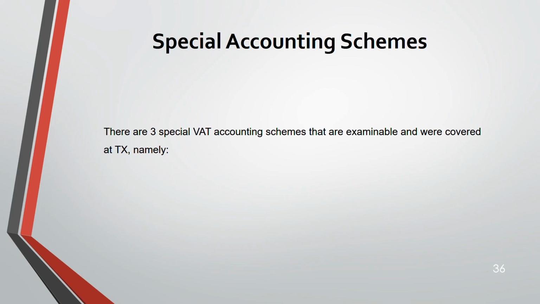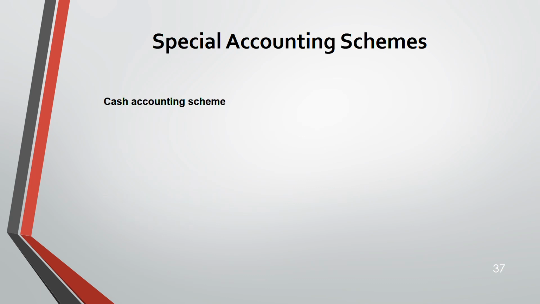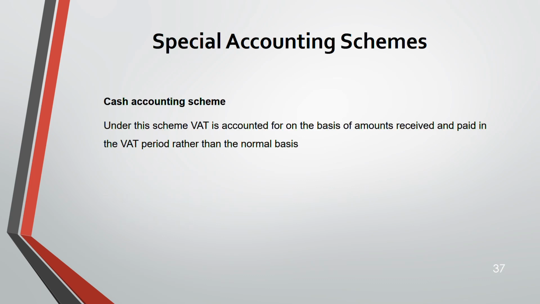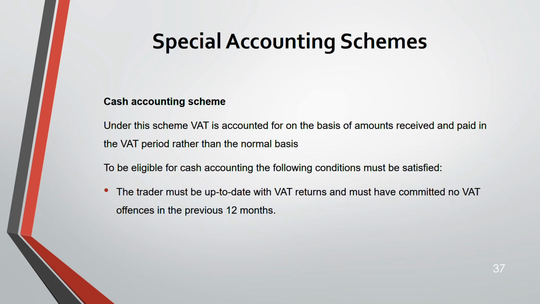Next, special accounting schemes. There are 3 special VAT accounting schemes that could be asked, and it was covered in tax, namely cash accounting, annual accounting, and flat rate. Starting with cash accounting. So under this, VAT is accounted on the basis of amount received and paid in the VAT period. To be eligible for cash accounting, you have to meet following conditions. Number 1, trader must be up to date with VAT returns and must have committed no VAT offense in the